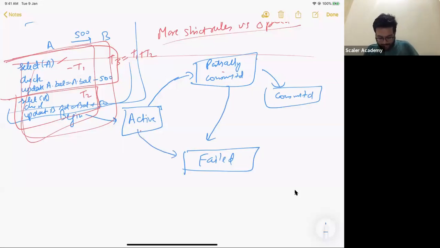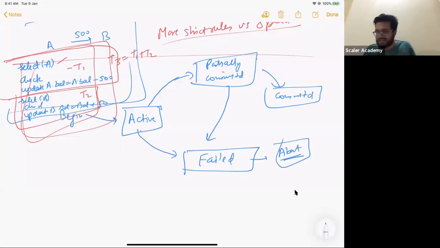Okay. Now what happens? Once you are at the failed state, now you will have to abort here and say, hey man, मैं नहीं कुछ कर पा रहा. Does it make sense? And whatever partially committed things that you did, in this abort state, you will have to uncommit all of those. Does that make sense? In this abort state, you will have to roll back all the partially committed things that you did. Does that make sense to everybody?